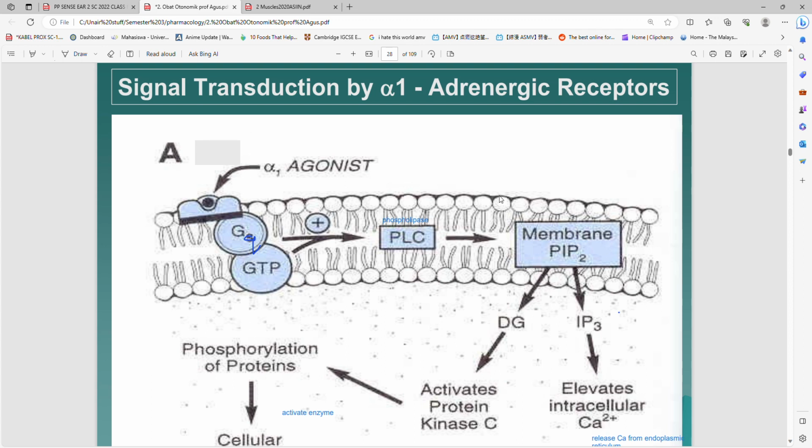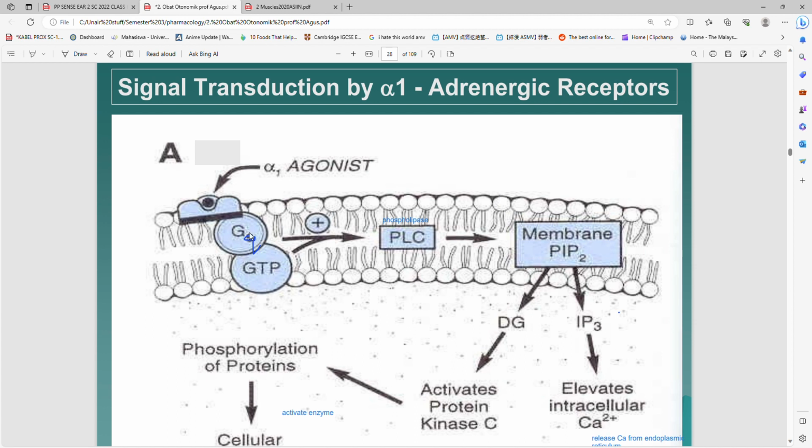Hi guys, in today's topic we talk about the three G protein-coupled receptors in our cell, in our tissue, in terms of pharmacodynamics. What pharmacodynamics means is what the drug does to our body. So first,